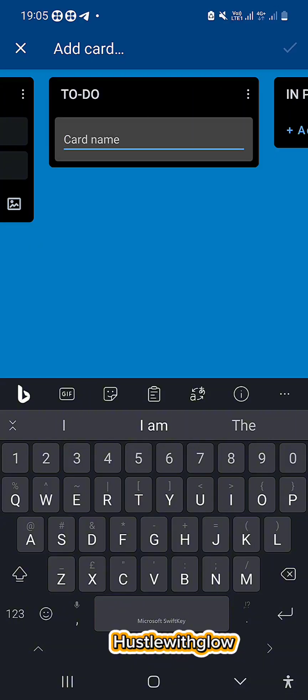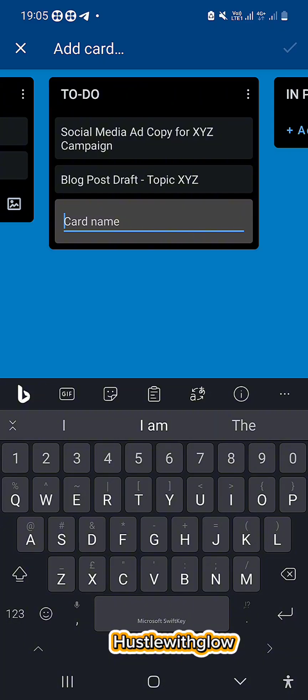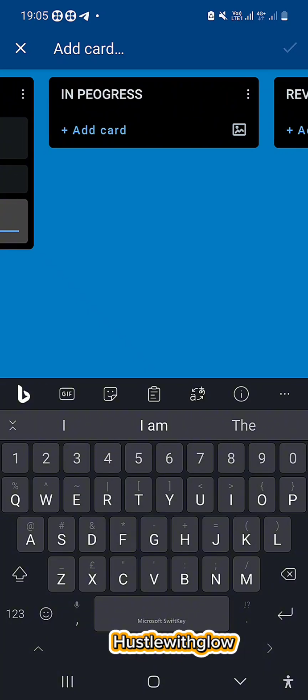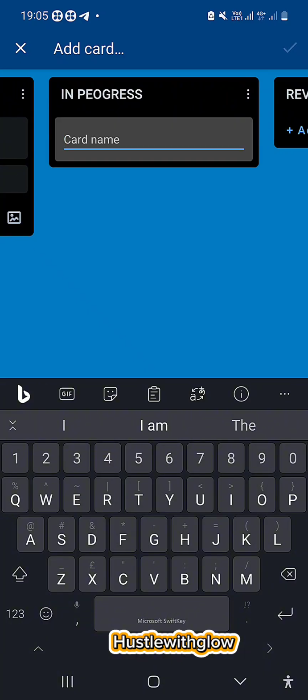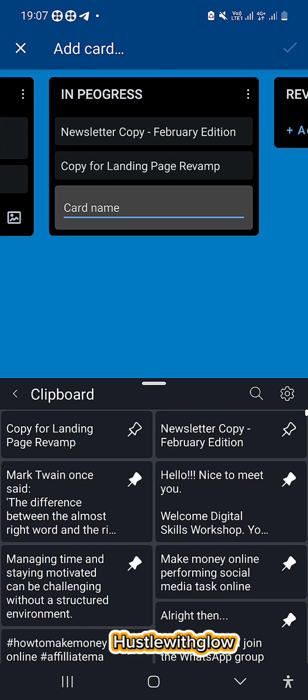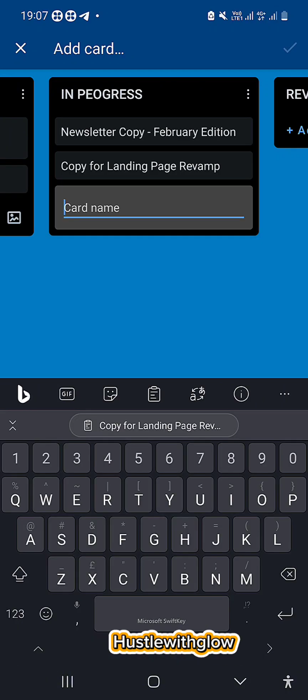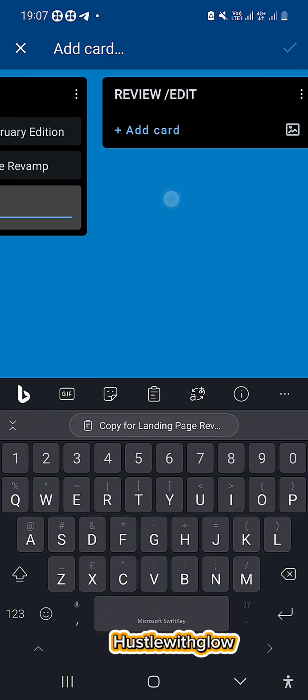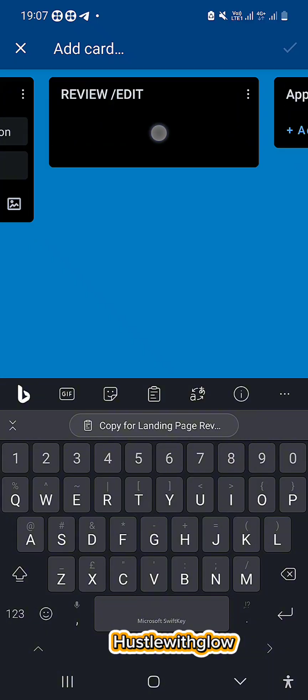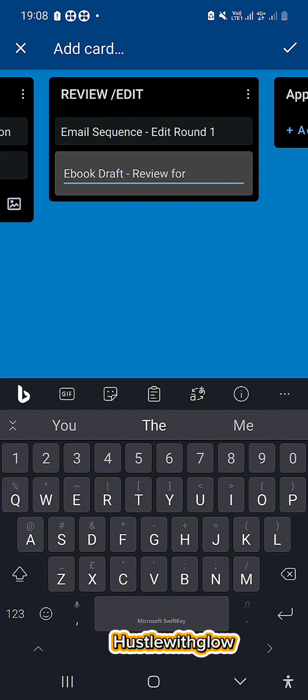So add another card under to-do, which is social media ad copy for XYZ campaign or blog post draft topic XYZ. So we'll go over to our in progress list. Then we'll add newsletter copy, February edition, or copy of landing page revamp. Then under our review and edits, newsletter copy, Friday edition, or copy for landing page revamp. Under our review and edits, we can have cards like email sequence, edit round 1, ebook draft review